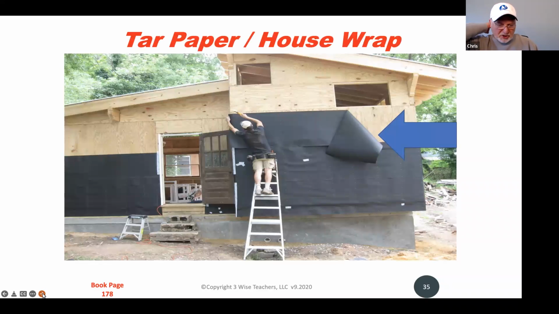And in this case, they're just showing you the tar paper that goes around the house. You can see that they're putting the tar paper onto the sheathing. In this case, it looks like the sheathing is in fact plywood, and that tar paper that they're putting on there is asphalt treated. And so it's not just a normal paper. It's trying to insulate the house to an extent, but also to make it impervious to water as they start to put the siding on.